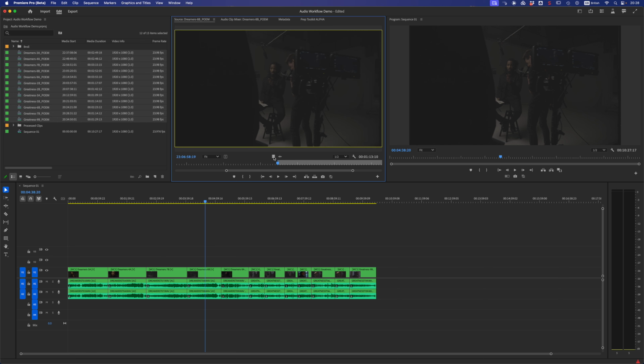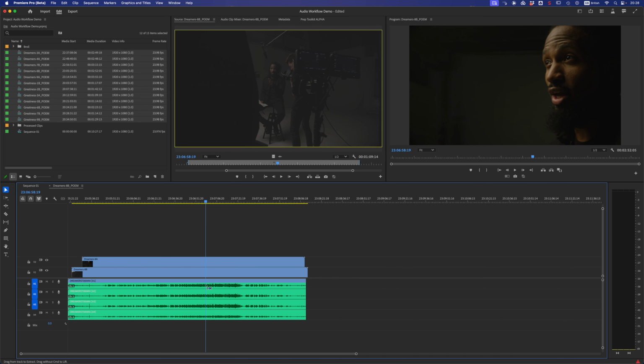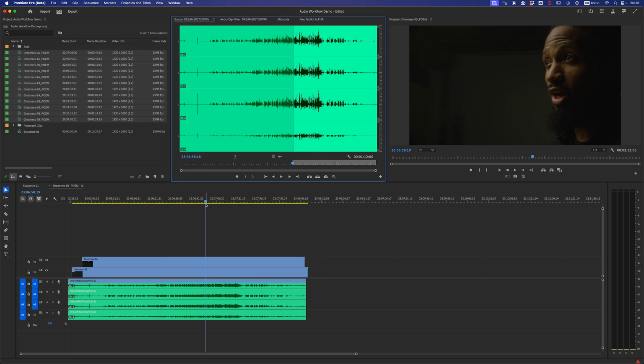So what I need to do is command double click or control click on a PC, and that dives me into the multicam clip. And now what I need to do is match frame from this by pressing F, and that brings me up the correct playhead position on the original source clip, not the multicam source sequence, but the original source clip. Now I just need to come back to this sequence here,